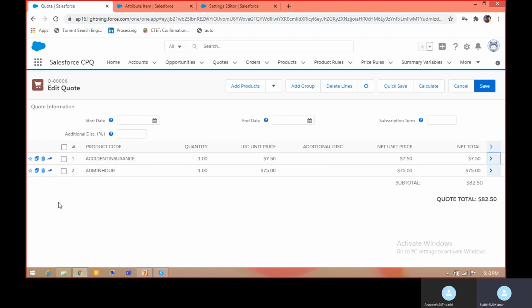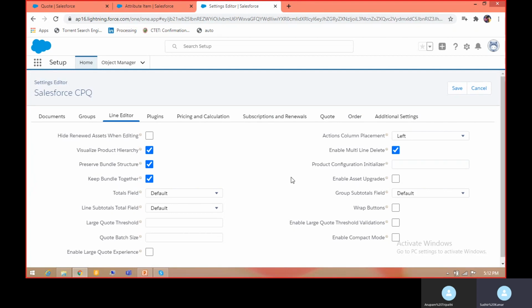Now this is a usability setting. Like if a user is not comfortable seeing this toolbar on the left and wants to move it to the right. So in the configuration settings, under line editor, there is a setting, action column placement. As of now it is showing left.